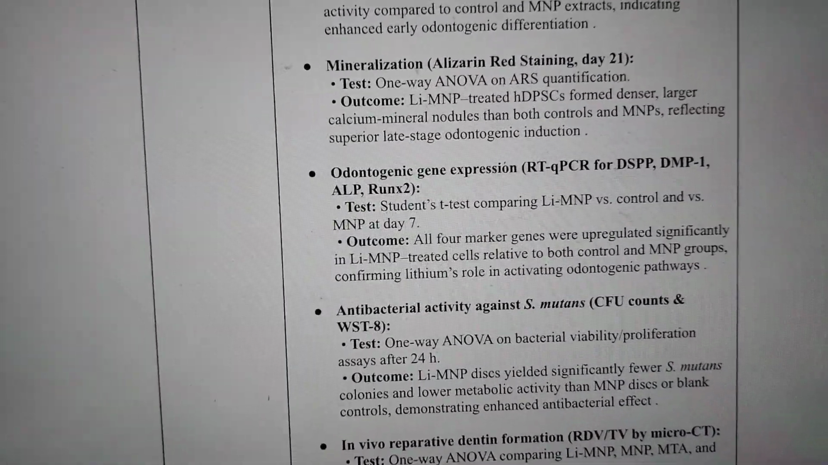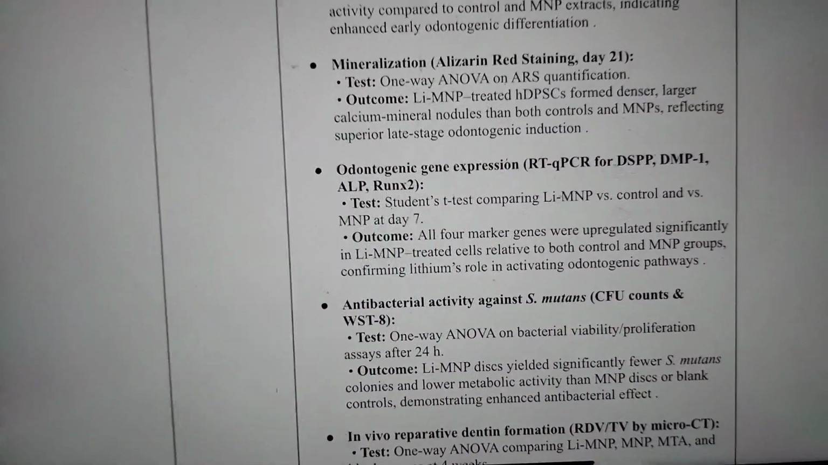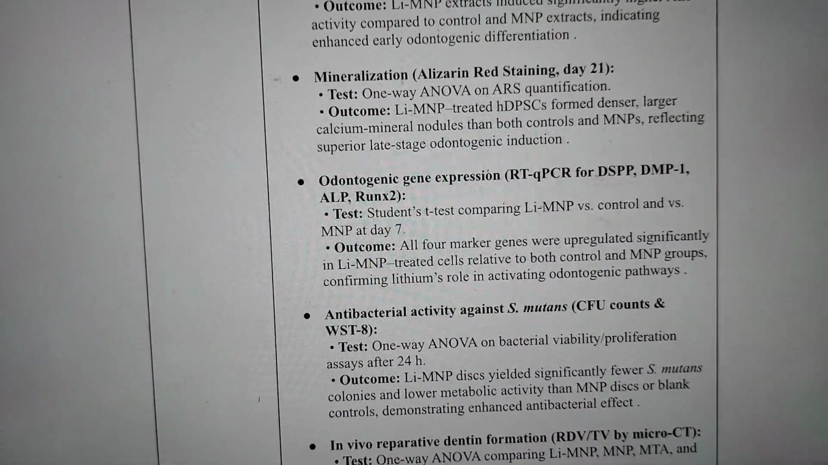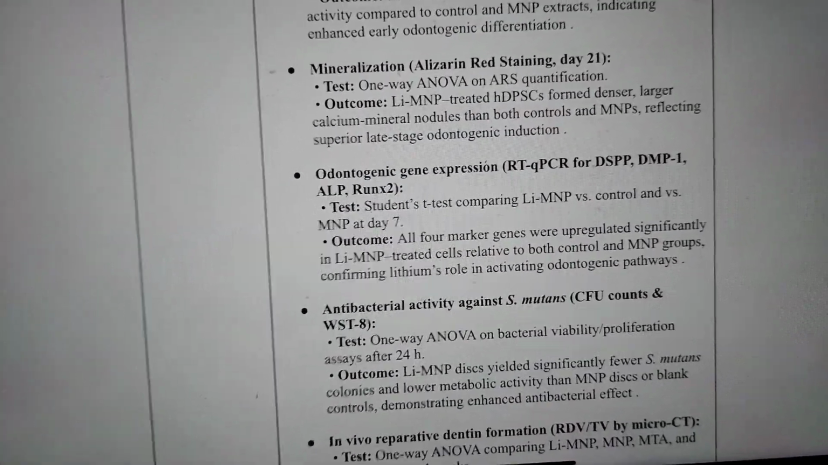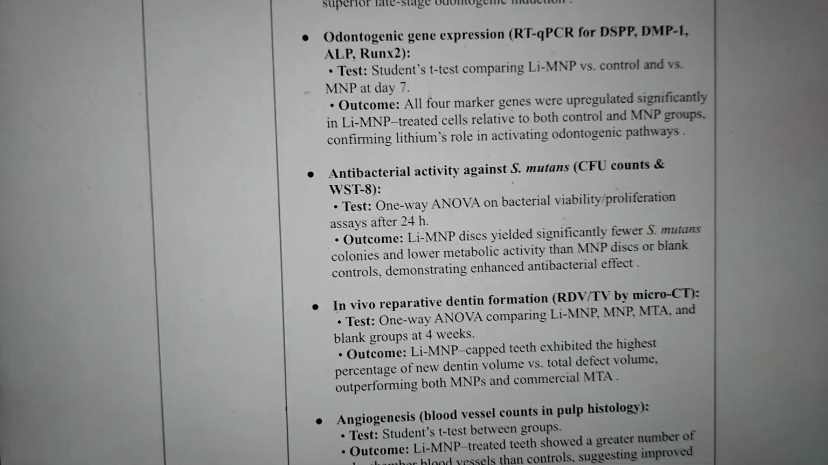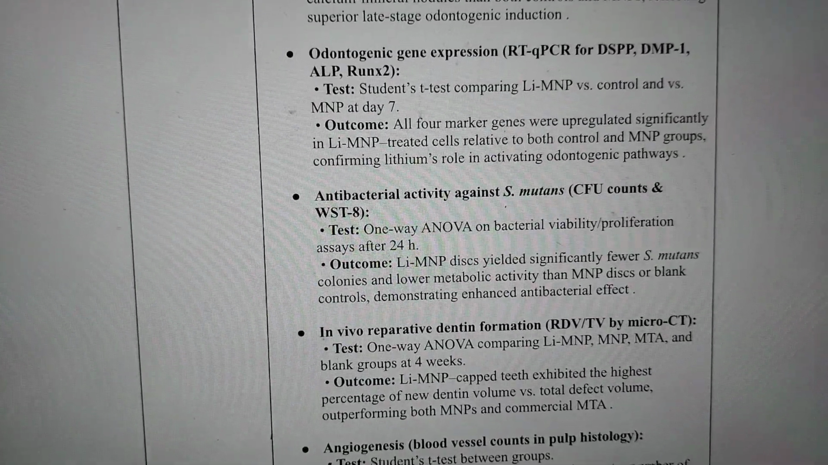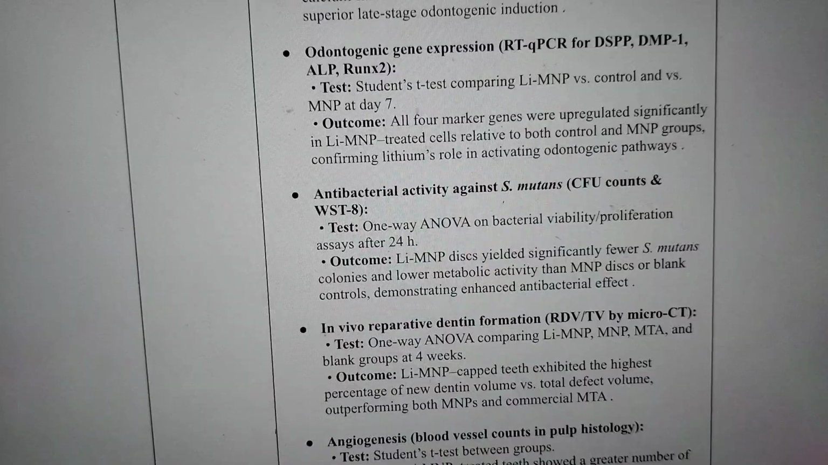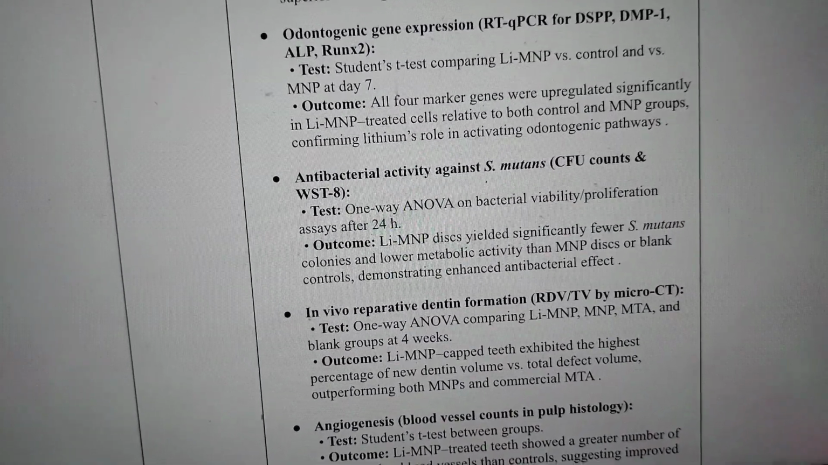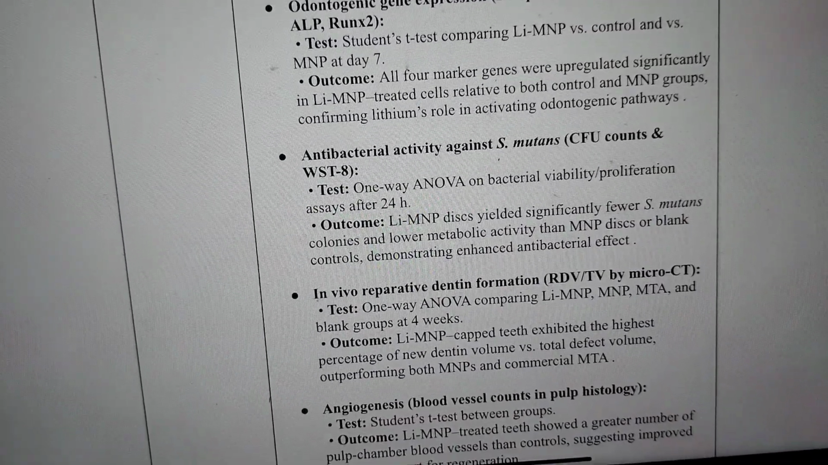Odontogenic gene expression was analyzed by a student t-test comparing the LI-NMPs versus control versus NMP at day 7. All 4 marker genes were upregulated significantly. Antibacterial activity against S. mutans, CFU counts, and WST-8, used one-way ANOVA on bacterial viability and proliferation assays after 24 hours. Outcome: LI-NMP discs yielded significantly fewer S. mutans colonies and lower metabolic activity than NMP discs or blank controls, demonstrating enhanced